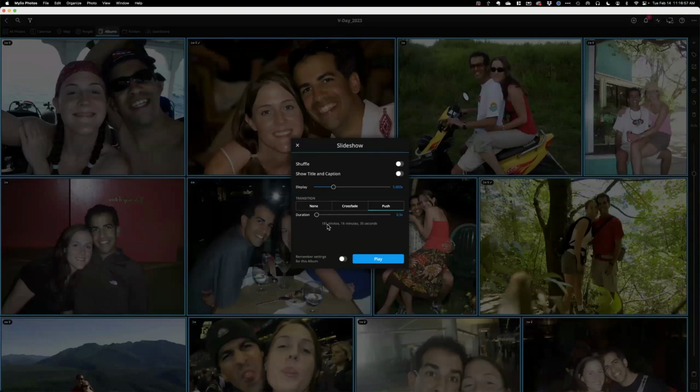That's a long time. So maybe we only want the photos on the screen for 2 seconds. And that's more like 7 minutes now. I can add titles and captions if each photo had it. I can have the order be shuffled. I can have a transition like a crossfade or a push where one photo pushes the other one. So if I play this right now, also you can have the album remember the settings for the slideshow for next time. But if I hit play right now,